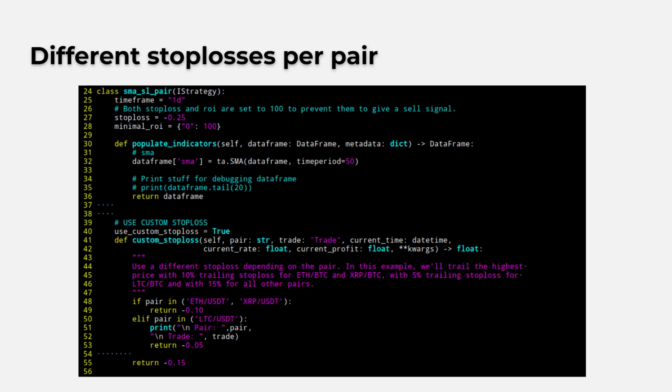And to use this example over here, you see that the default stop loss for the strategy is 25% below the price when the trade was opened. If at some point a specific customized pair has an open trade, it gets a custom trailing stop loss from this function. Here you can see in this function that Ethereum and XRP have a much longer distance or width with a stop loss price than Litecoin. So apparently Ethereum and XRP have a higher dynamic price range than Litecoin, which has a lesser average true range